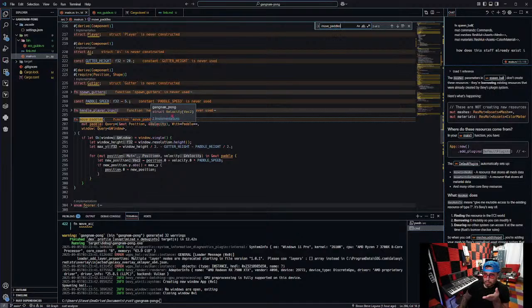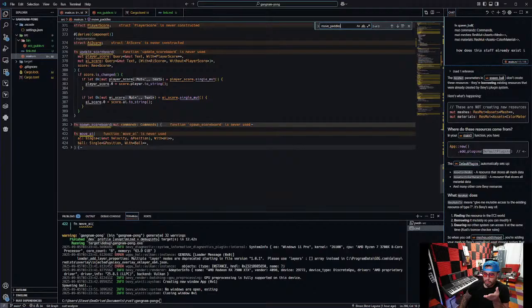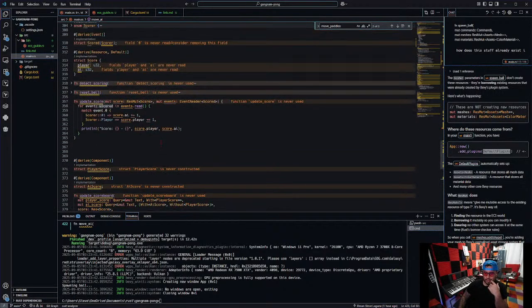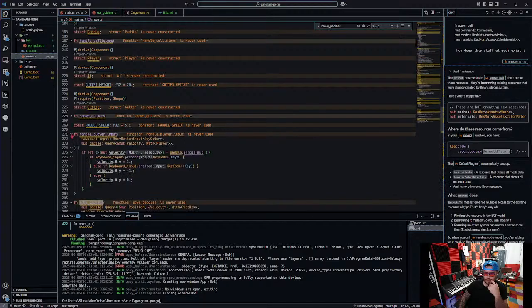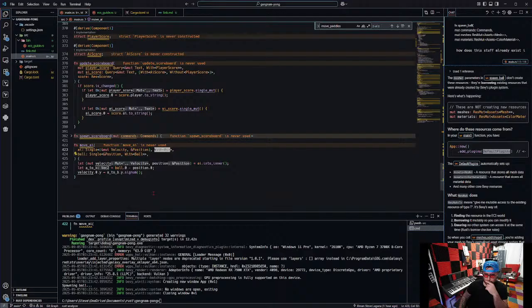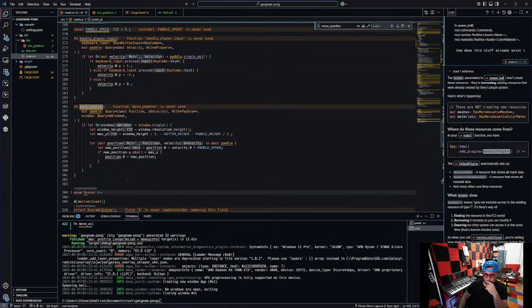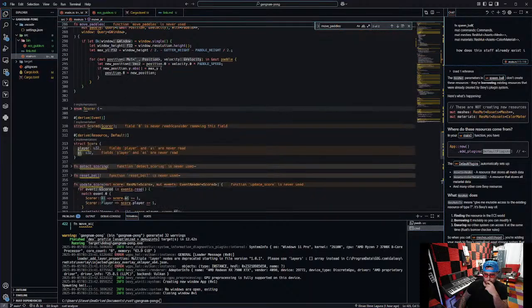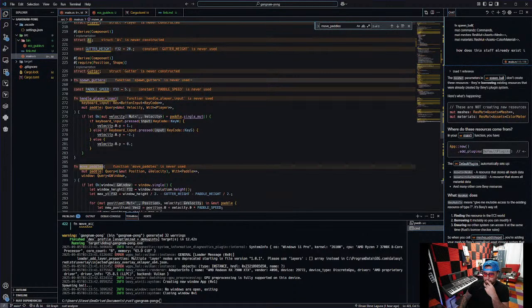Position and velocity. So, when we go to move AI, velocity